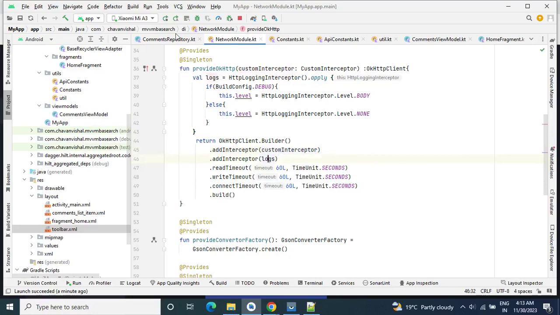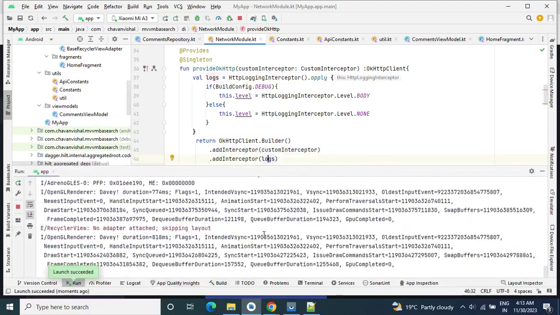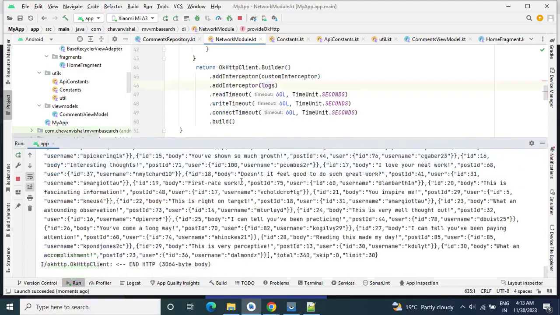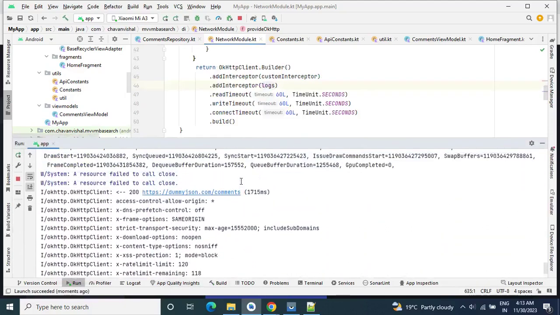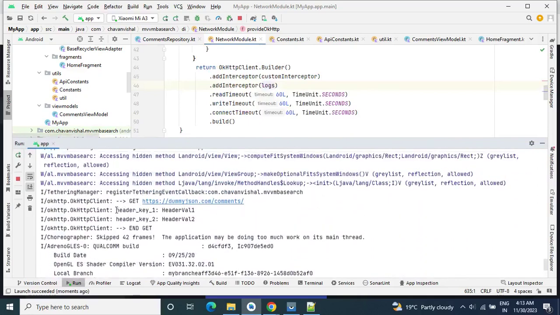Now again let's run the code. Now our code is run. So here we got the output and see, here we can see our header data. Currently for this API we don't require header data, but just to explain how to add headers, I am adding this header data in this API.